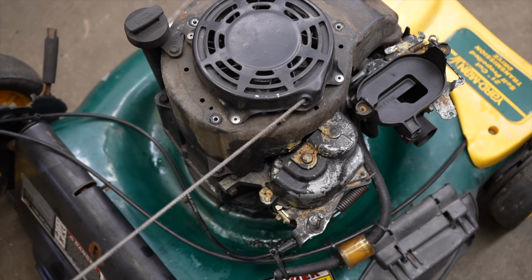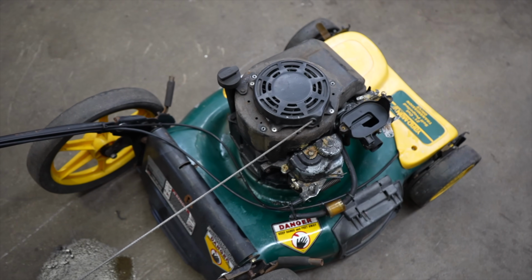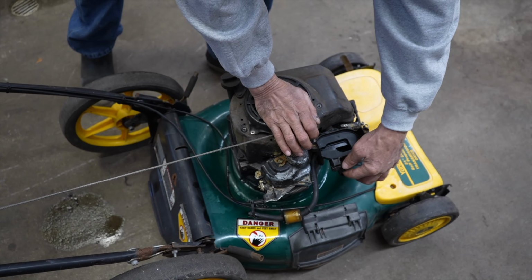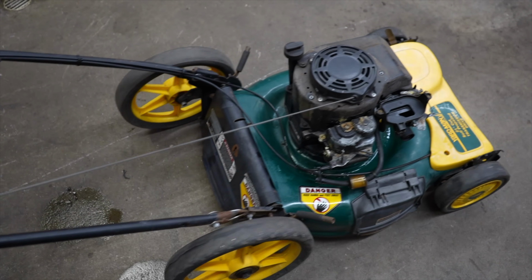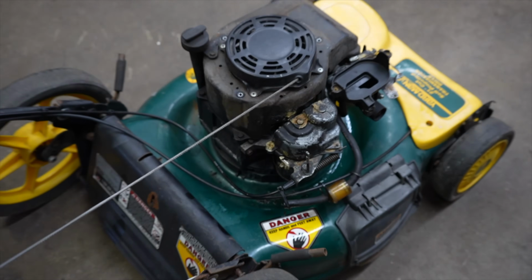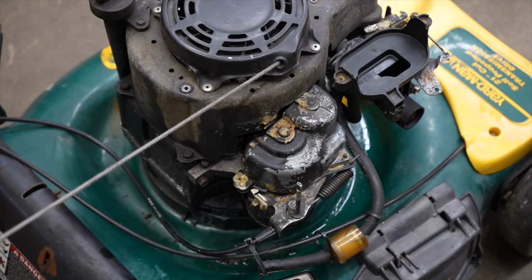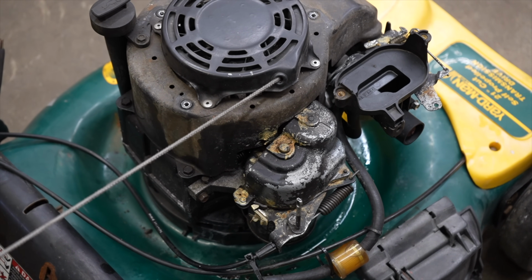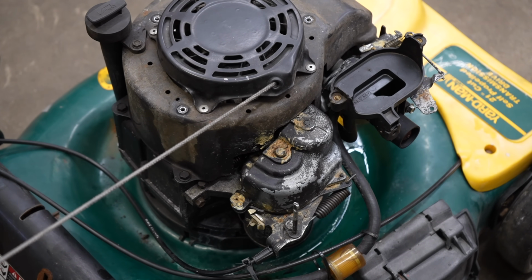So now it's under tension. So now when I hit the orange button and pull back on the bail, see, it cranks it over. Let's get it to start. See? Now it's under tension, and it's ready to go. So I push the button down again, release the bail, pull the bail,